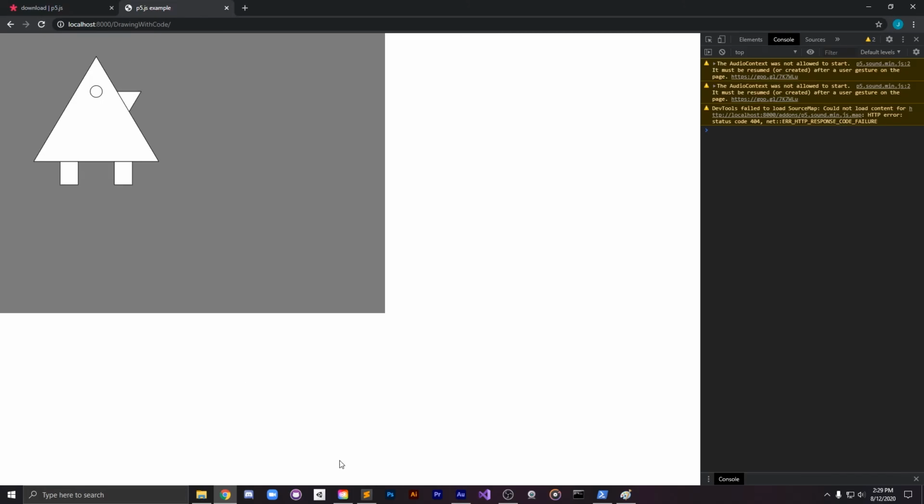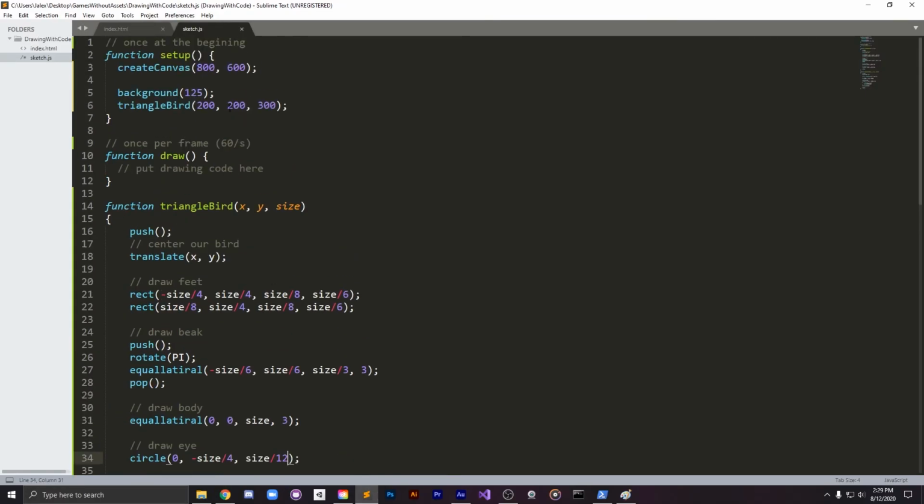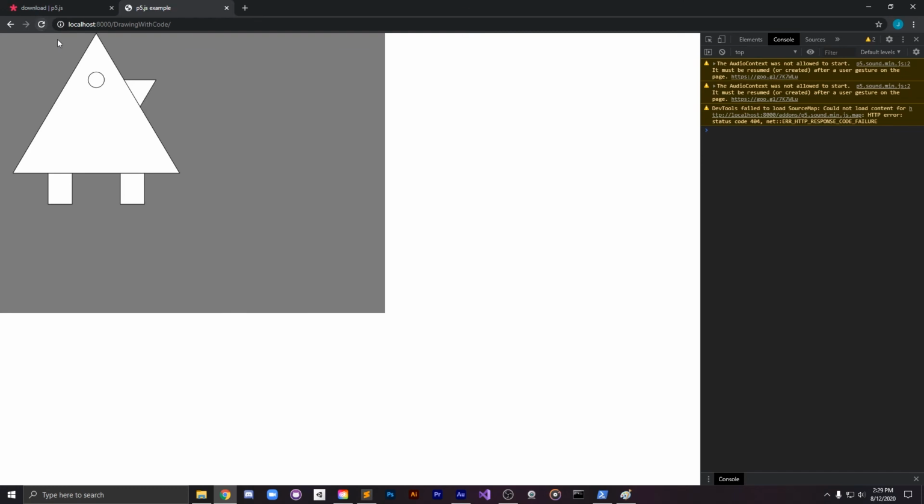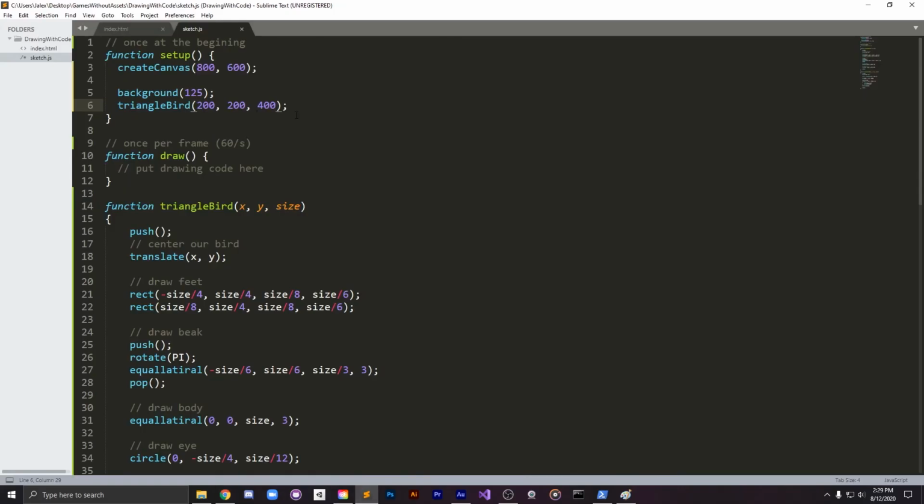It got a little bit smaller, but I think that is okay. But because we based everything on the size, that means if we want this to be bigger, say 400, all of the relative sizes and positions stay the same,